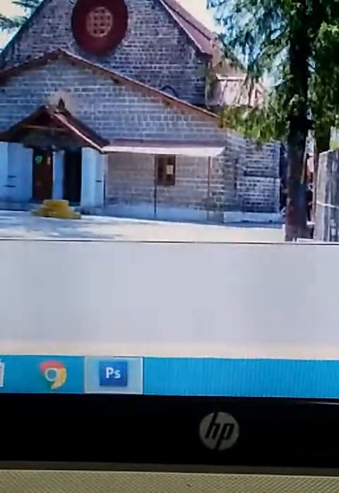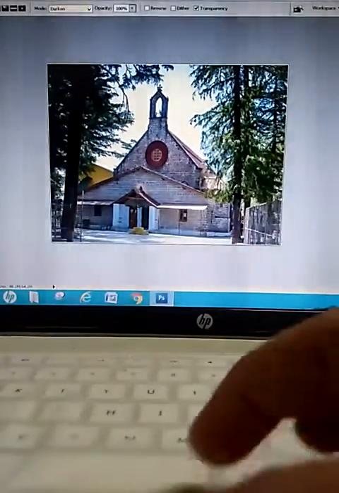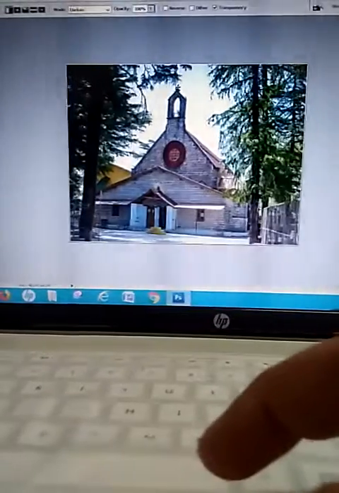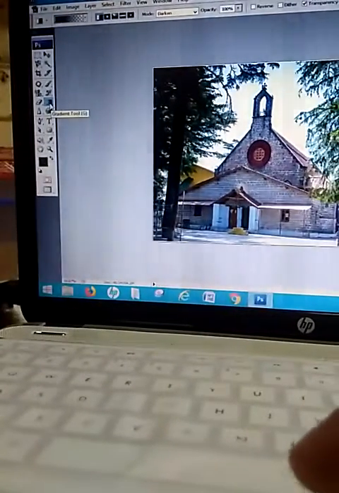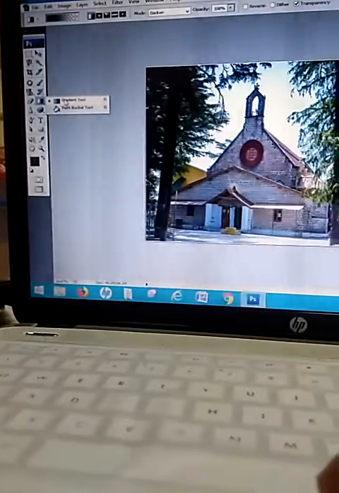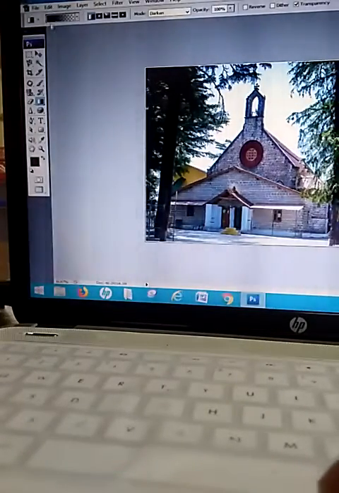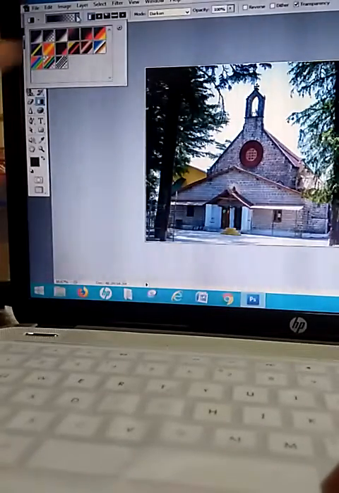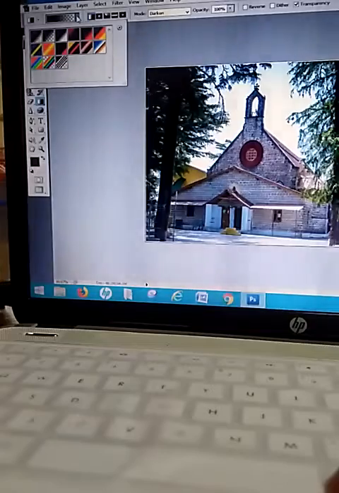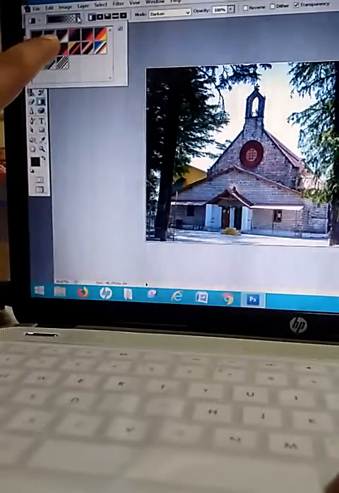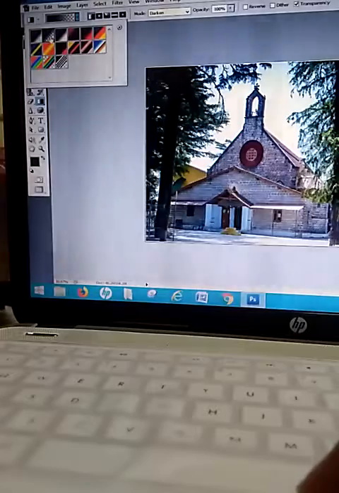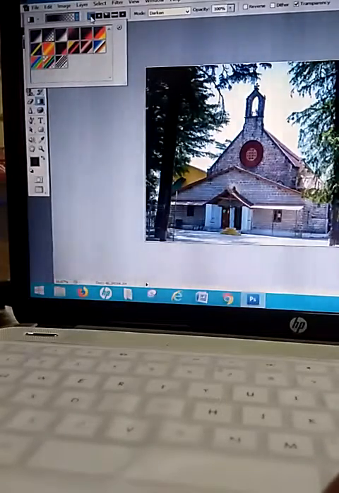So how can we select the gradient? Now see, I have selected the thumbnail. I'm zooming in, and this is our gradient tool. You have to select the gradient tool from here. After selecting, go to the top where the options are appearing. We have different types of options, and different types of gradients are showing here. Now you have to select this second gradient, and from these four options you have to select the linear one.